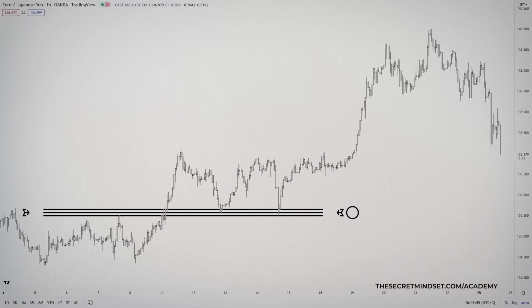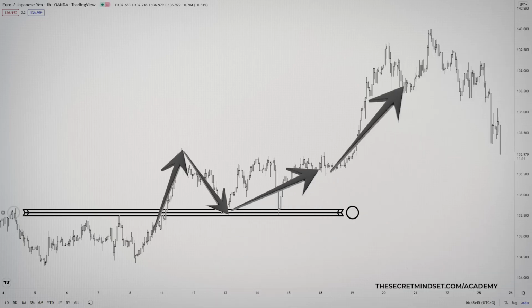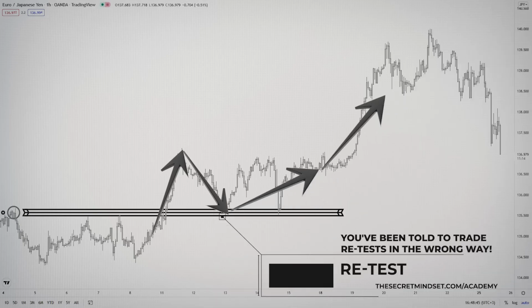When a breakout in the market occurs and the market moves in the direction of the break, commonly you'll see the market return to the point of the breakout, then proceed to go in the direction of the breakout. Trading the retest of a breakout point is not a new strategy and is quite a popular method in the